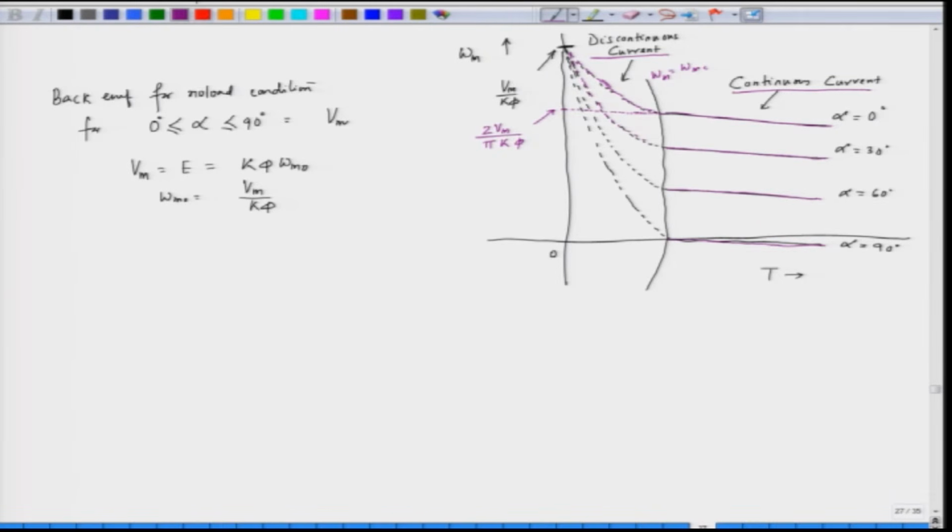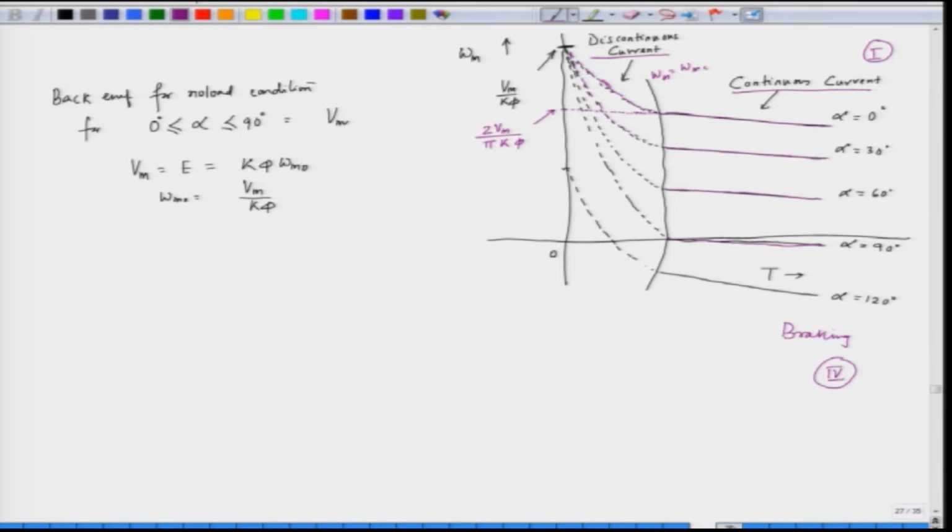Now, when we still increase the value of alpha, what happens? Suppose we make alpha 120 degree. Okay. So, alpha is 120. So, this enters into the braking region, and then alpha 150 and so on. So, we have a certain speed here, and this is the braking region. So, we have the motoring and we have the braking. The motoring happens in quadrant 1 and the braking happens in quadrant 4.